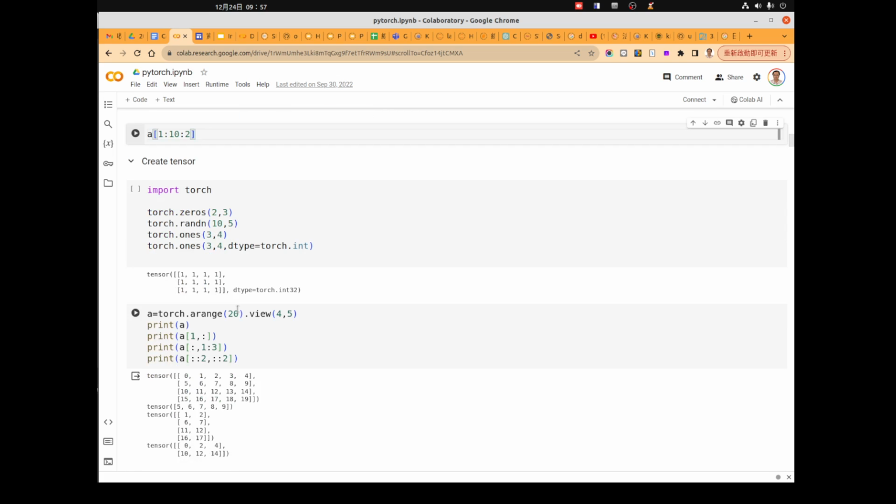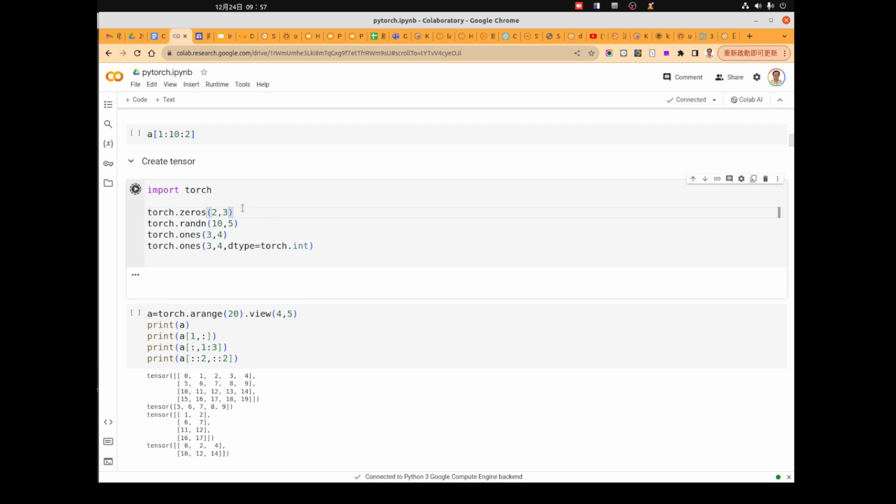Next, we will see how to create a tensor. We start the script so that we can see how it works in real time.